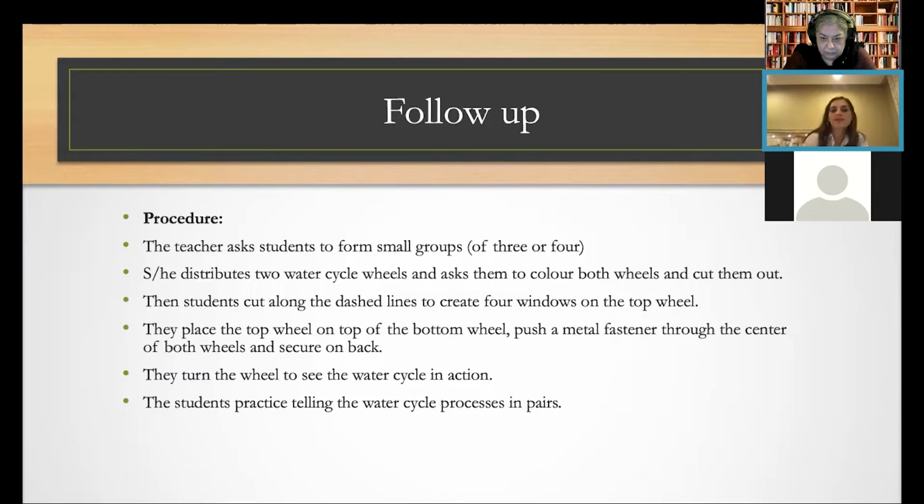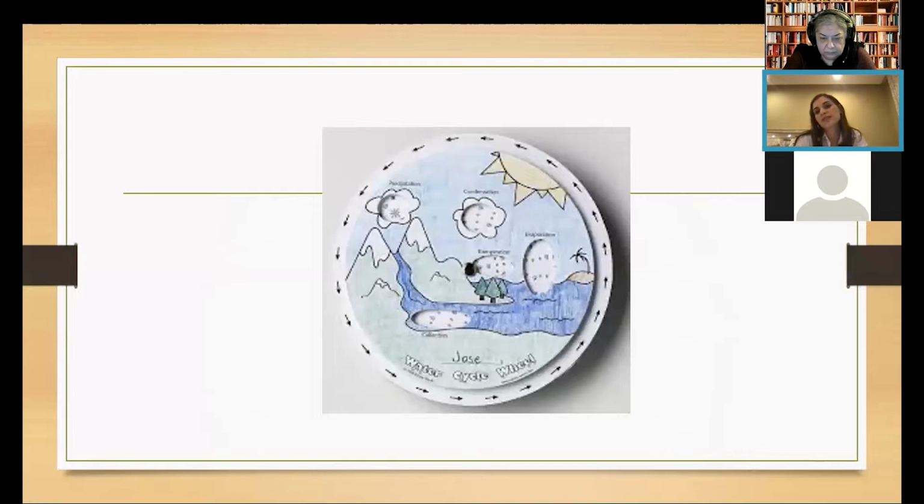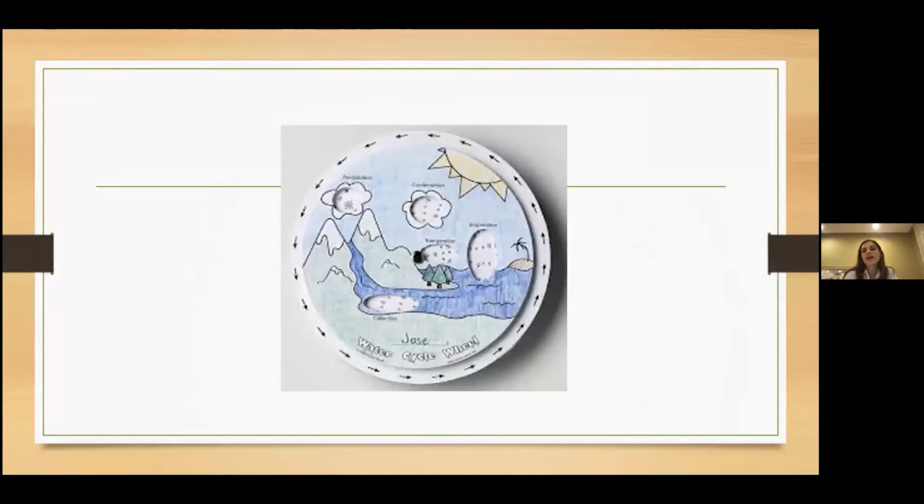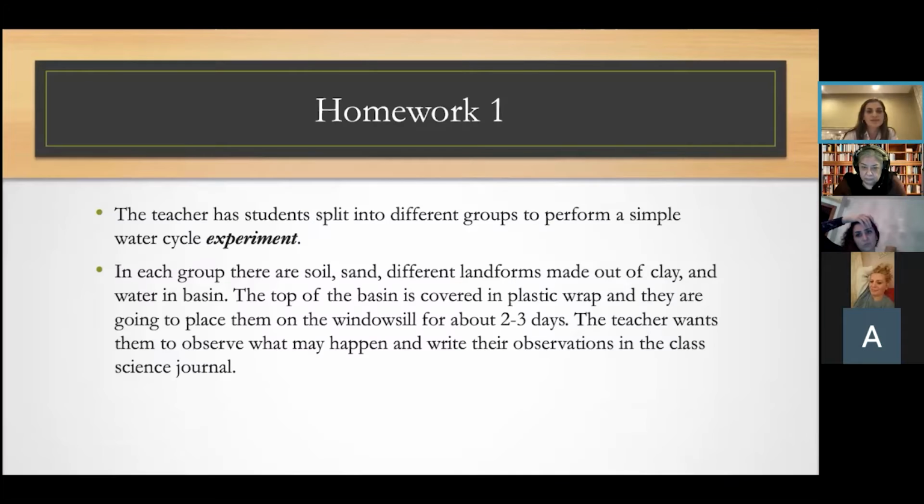The students practice telling the water cycle processes in pairs. The end product would be just like this one, as you see. So using that product, they can see all the processes of the water cycle themselves. And as a homework, the teacher has students split into different groups to perform a simple water cycle